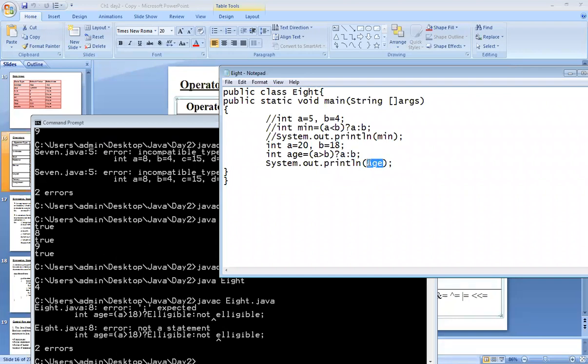And what is its message? Valid for, or eligible for blood donation. You have to write it in double quotes. Eligible for blood donation.